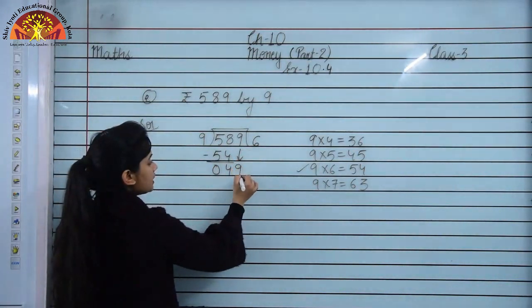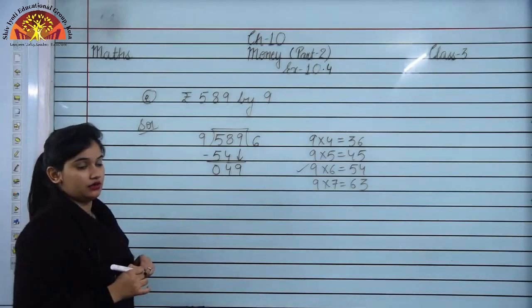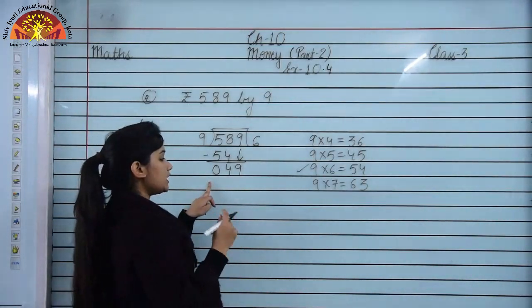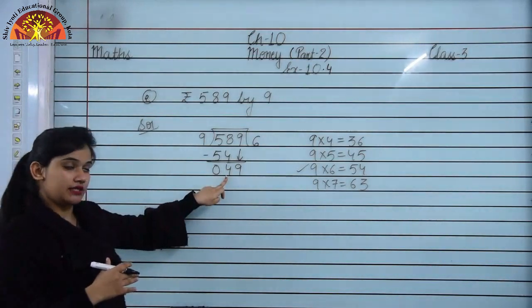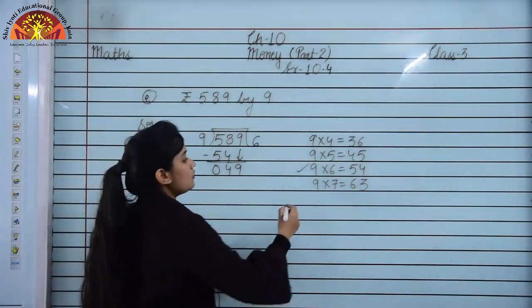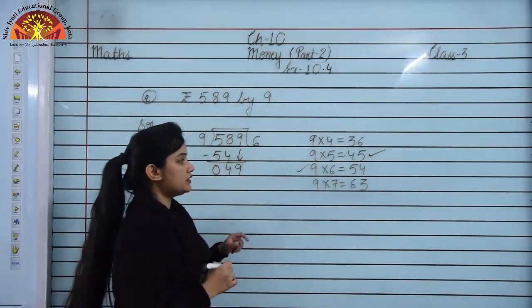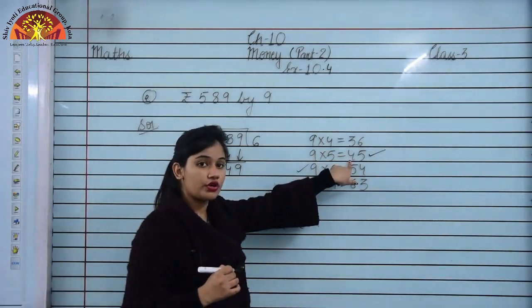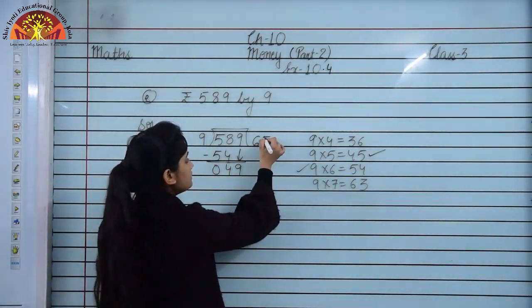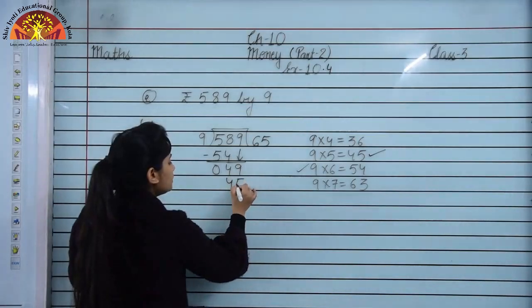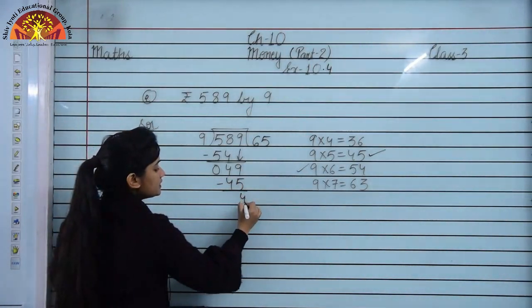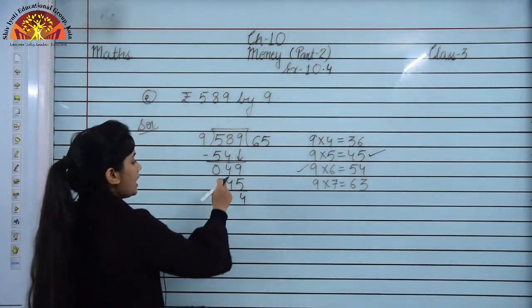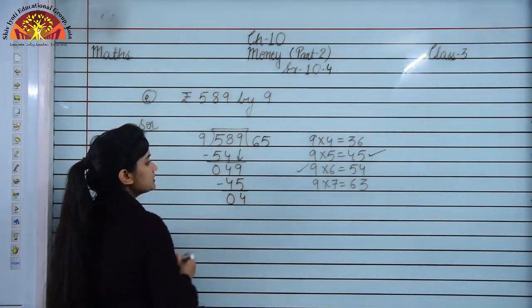This 9 will come down and it will be 49. Okay. So now we have to take a number that is smaller than 49. Okay, क्योंकि 9 की table में 49 तो आता नहीं है. So now I am observing this number. 9 5s are 45. It means 5 times we are getting 45. Now 9 minus 5 is 4. Okay, and 4 minus 4 is 0.